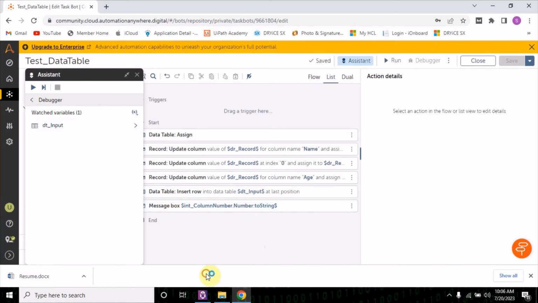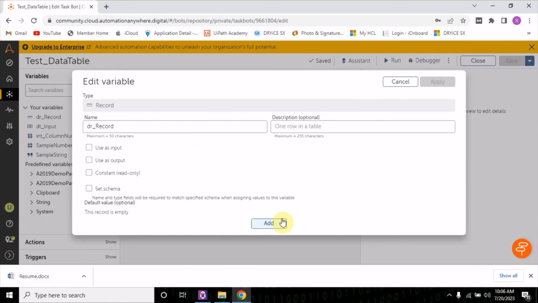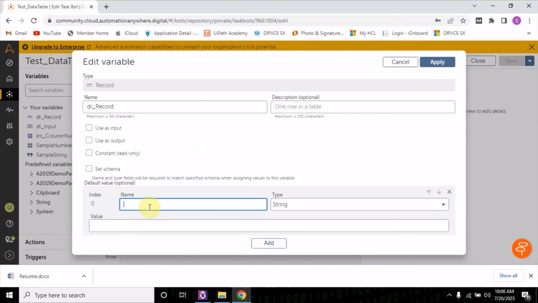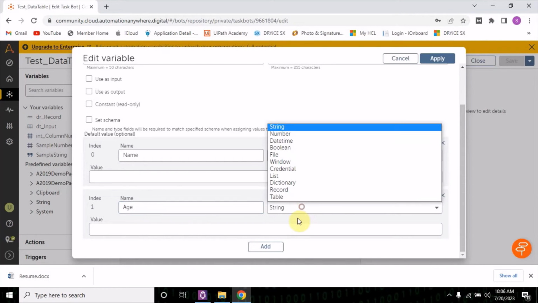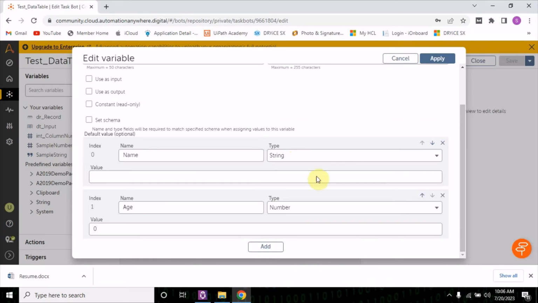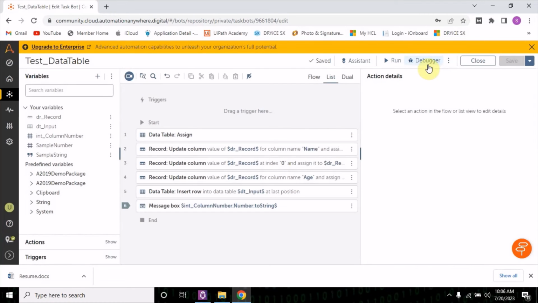So for that, if you find this error, you go to your dr record, and here I am going to add a schema that my first column is name and my second column is age, which is a number. Then apply. Now I have already specified into the data row that okay, these are the two columns that have to work. Now if I run this,